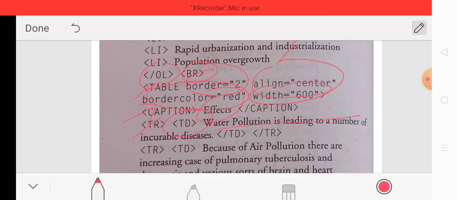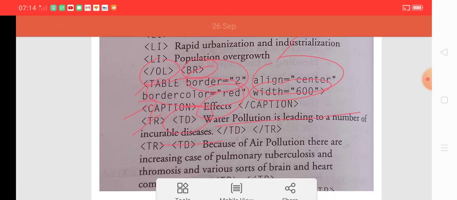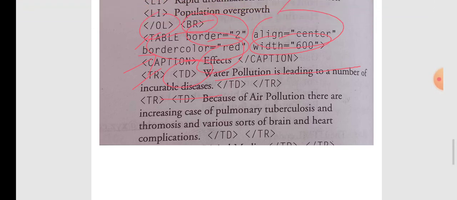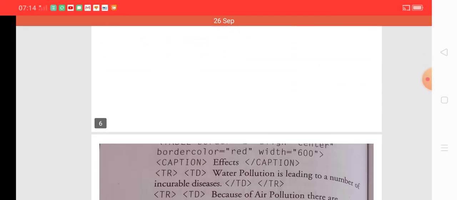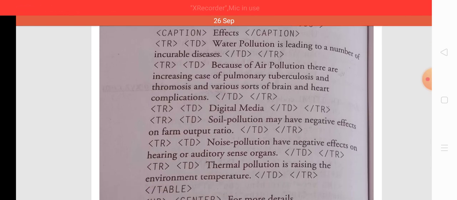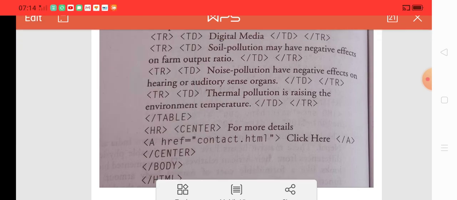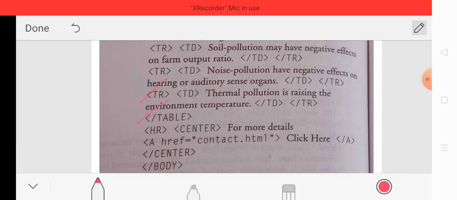That is the content of the first row. In this manner we write different rows, you can see that different rows are created, and at last we close the table tag.